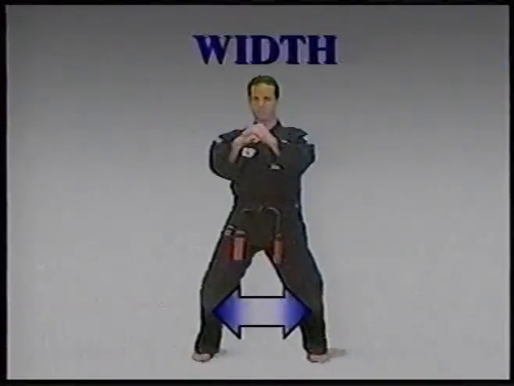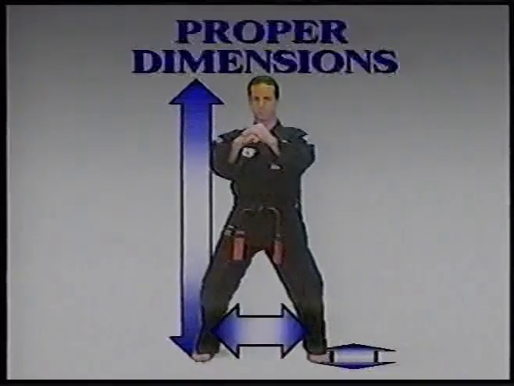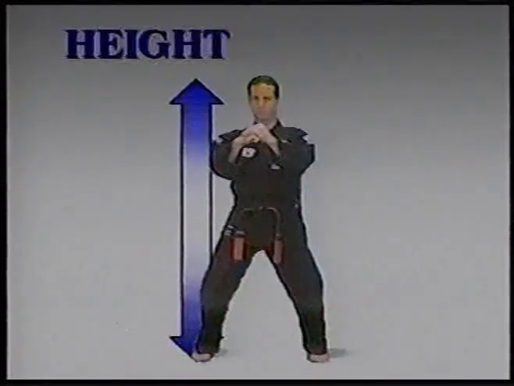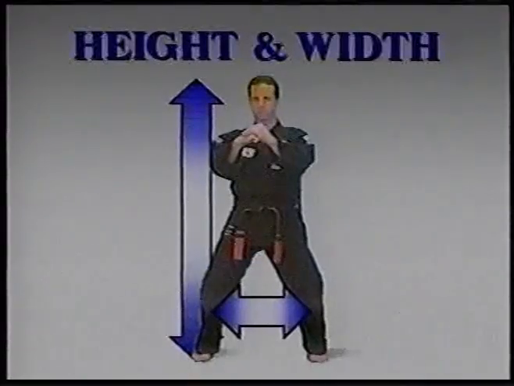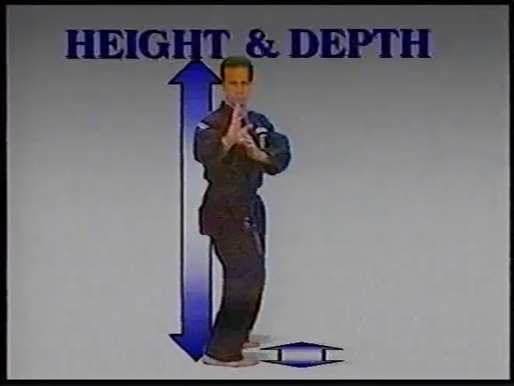The width, depth, and height of a stance must correspond with your dimensions. To give specific measurements is absurd. The training horse involves height and width only, whereas the dimensions of the fighting horse are restricted to height and depth. The following method can be used to correctly determine dimensions related to you.